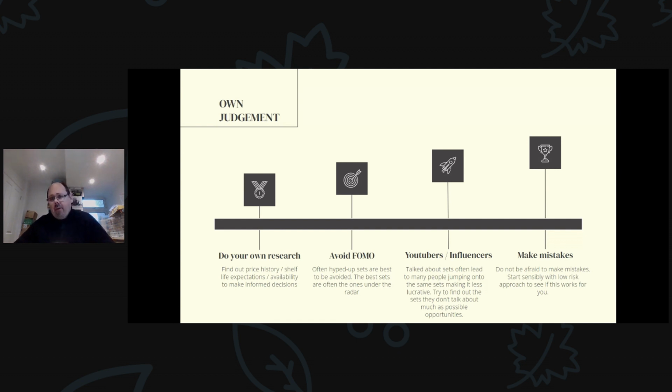So, and then finally, make mistakes. Do not be afraid to make some mistakes. Now, make sure that these are not costly mistakes. And maybe when you start out on your journey, you want to start out with some small scale risk and be sensible. But sometimes, I started by buying lots of different sets and different themes. And it kind of makes me understand what works, what didn't work, and kind of make your own learnings from that, right? So, and that steps nicely into the next step, which is point 8,